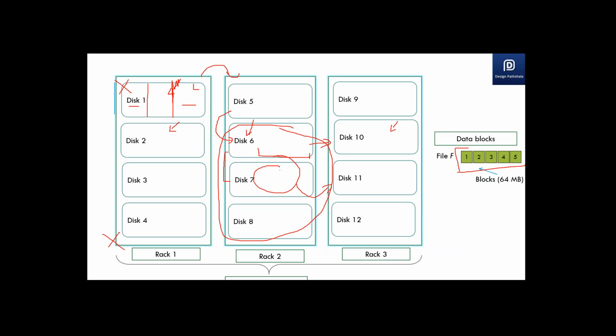So if this is my cluster and my logic replication factor was 3, then logic is always very small, so just assume it's the size of one block for the time being. On this data node my logic is there, on this data node my logic is there, and on this data node my logic is there. Now when the processing request goes to disk 9 to process my data, because one block of my file was lying on disk 9, I need to read that logic either from 5, 8 or 1, any one of them.